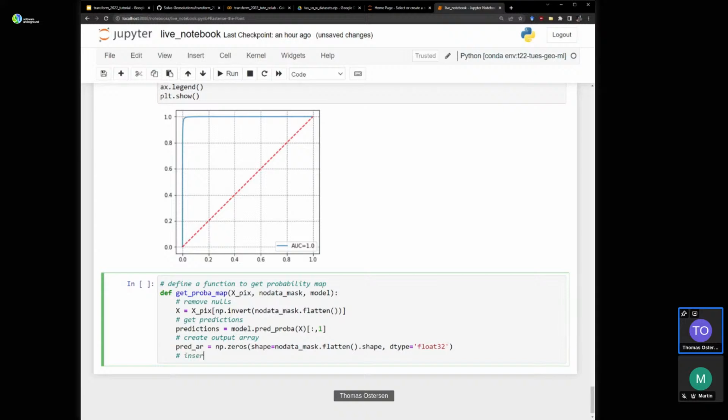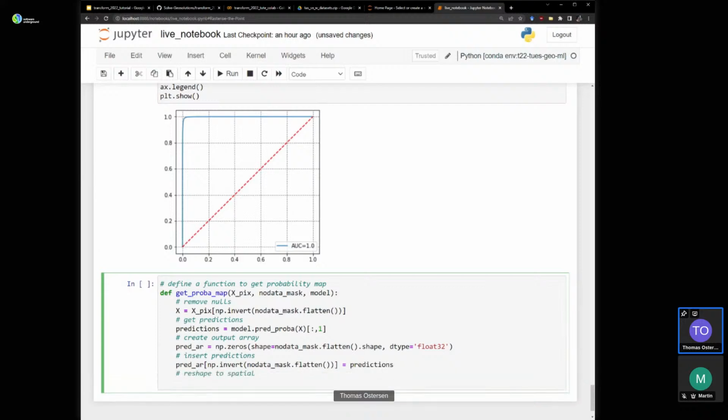Okay, now insert predictions. So pred_array, the inverse of the no_data_mask flattened, equals predictions. Then reshape: pred_r equals pred_r.reshape(no_data_mask.shape).